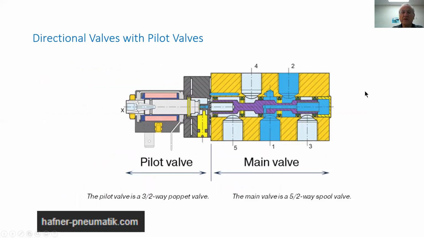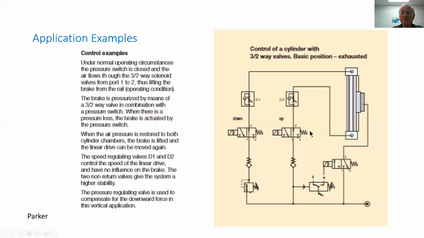We see here an example of how the pilot valve can control the directional valve. We see over here that flow comes in from this port into this port, and then the exhaust goes into this port. And then as the pilot valve would move, either with a solenoid or with an external air source, will move to the left, then the air is going to flow into the port and exhaust from the port 3.